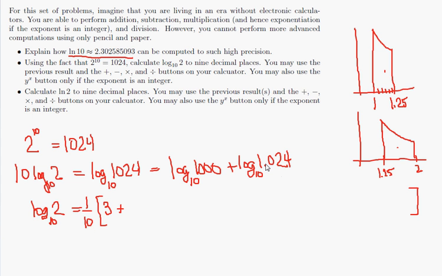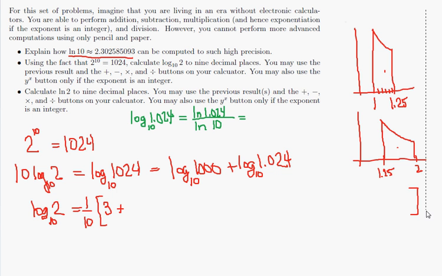Now there's going to be some adjustment, and the size of that adjustment we use from calculus. That the logarithm of 1.024 base 10 is equal to the natural log of 1.024 divided by the natural log of 10. And the natural log of 10 we already know. The natural log of 1.024,